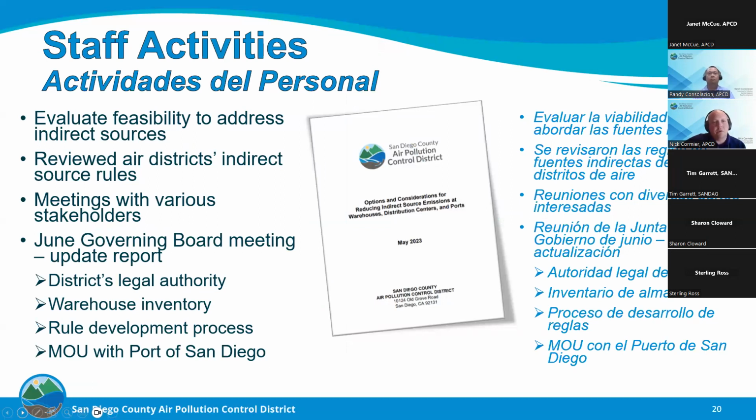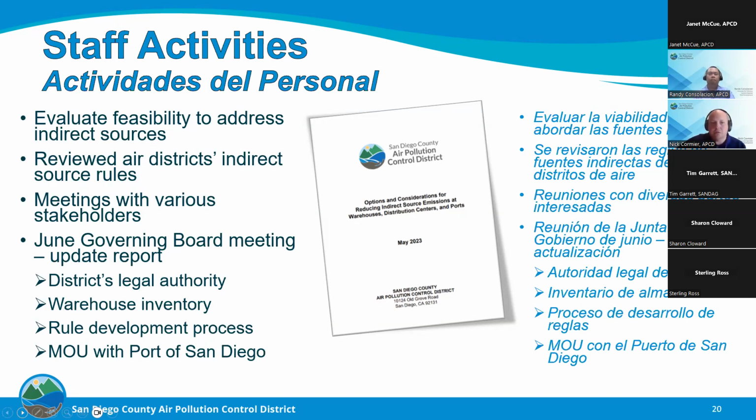District staff has been working to evaluate the feasibility of various actions to address indirect sources of pollution, particularly warehouses, distribution centers, and ports. Staff began reviewing rules from other air districts and then conducted meetings with stakeholders and subject matter experts to determine what sort of actions could be feasible for the region. To date, district staff has conducted 70 meetings with various stakeholders, including community groups, warehouse owners, other jurisdictions, and other